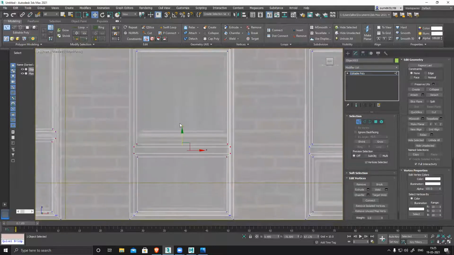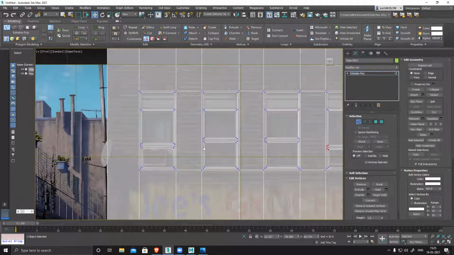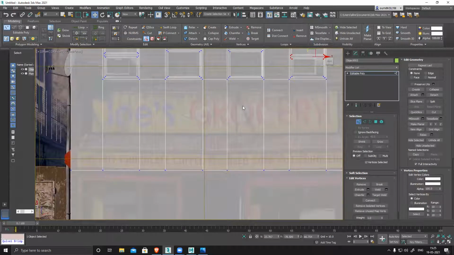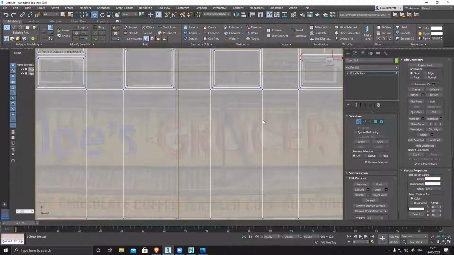Create the variation. Like this, the same thing I duplicated, and now I have multiple variations of that. Okay, the basic structure is ready, and now you can see there is a thickness here overall.